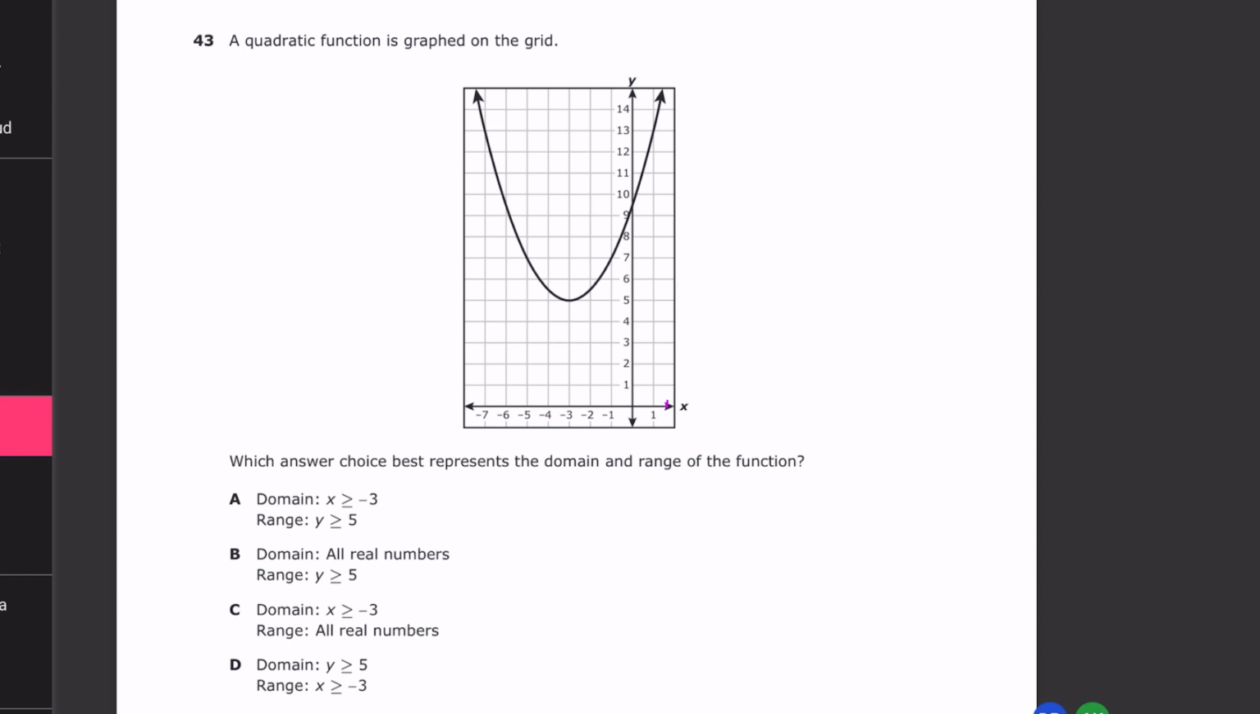So in the 43rd one, what do we have? A quadratic function is graphed on the grid. Which answer choice best represents the domain and range of the function? Now here you can see this value is 5 and -3 and 5. -3 and 5. So here you can see that x is